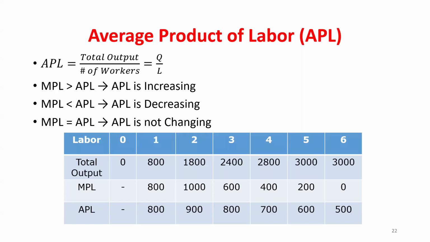Now, as soon as my marginal product of labor, I get to hire the third, if it's below my old average, what should be true about my new average? It should be even lower. I should be pulling it down. Sure enough, that third worker, my total output is 2,400, divided by the total number of workers I have, gives me a lower average product of labor. Okay? This will be the case no matter what numbers you plug in here. Okay?